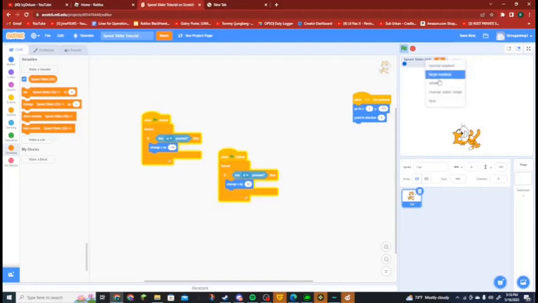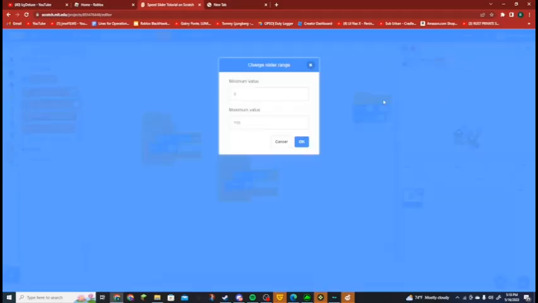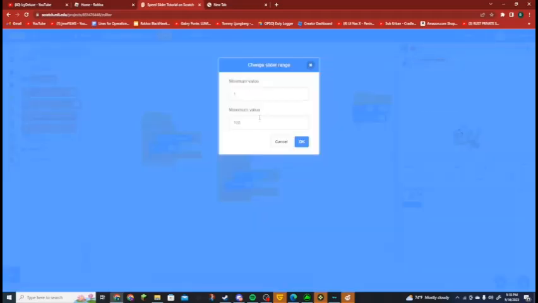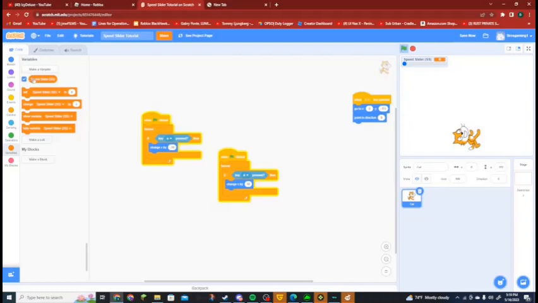But it's not really going to function, so we need to change the slider range. Set the minimal value to 1. Whoopsies, don't press enter. Set the minimal value to 1. And then we can set the maximum value to 20. So now if I drag this into here,